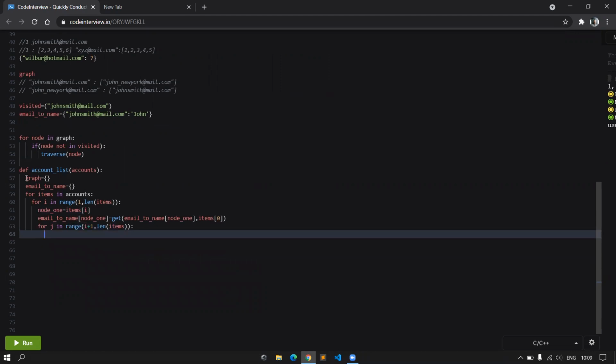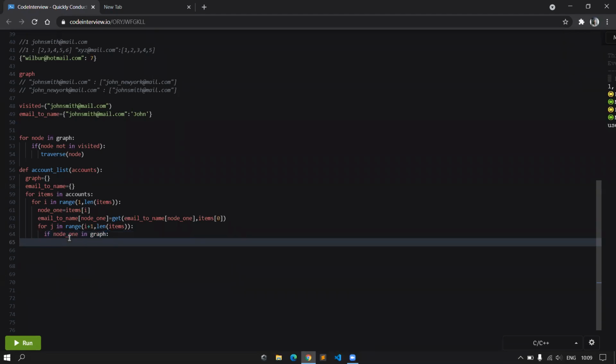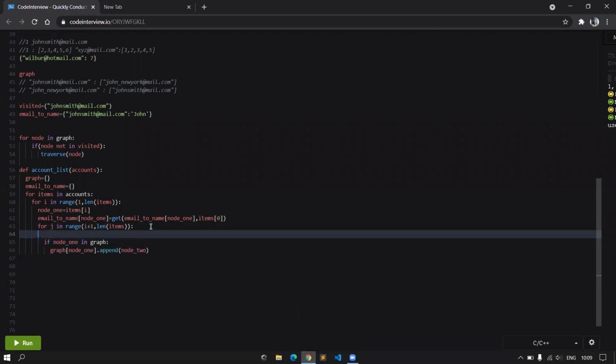And now in my graph list, I'll check if node 1 exists in the graph, then I'll just append my second node, or the node 2. But I have not defined node 2. So to define node 2, it would be items of J.